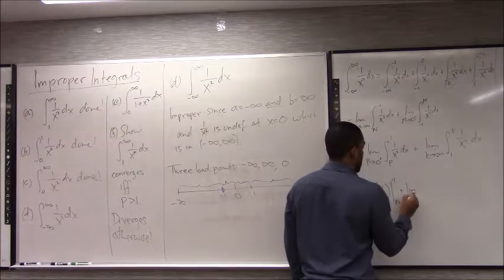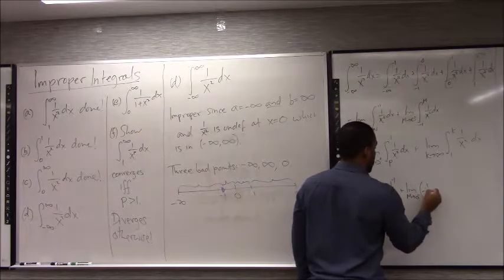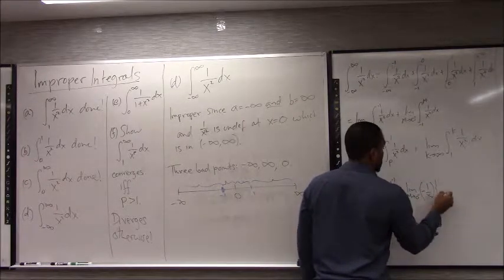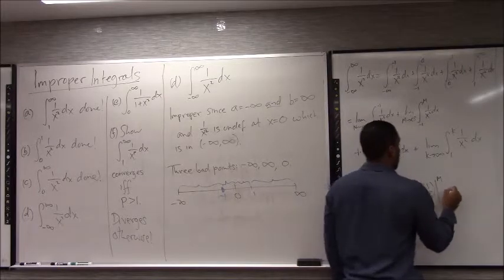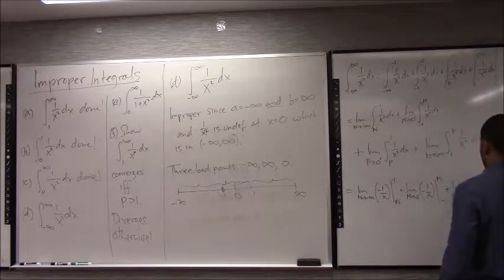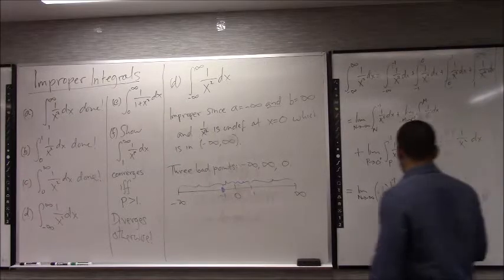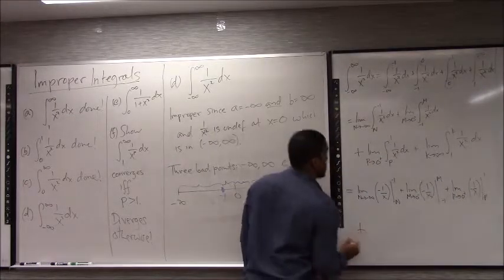And that guy is just going to be, you're repeating this formula pretty much, -1 over x plus -1 over x plus